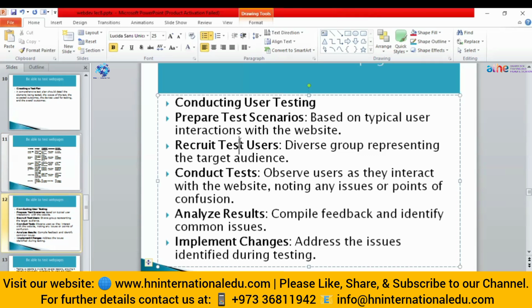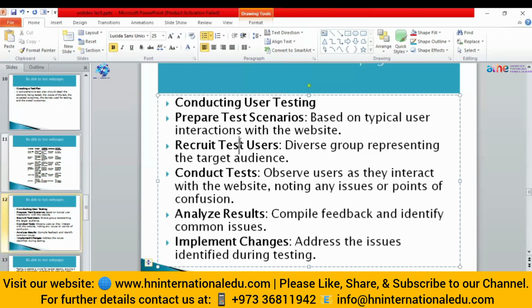Then how they are using the site, how they are perceiving the content, if they are comfortable with the UI, if the UI is user friendly for them. So in this way, by noticing their behavior, you can conclude whether your website is working well or not. Then you can also conduct the test.